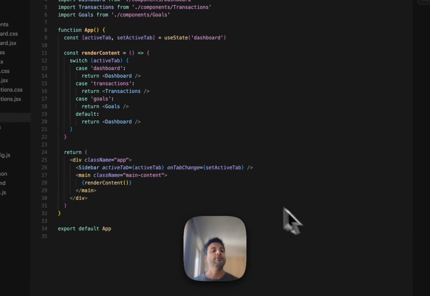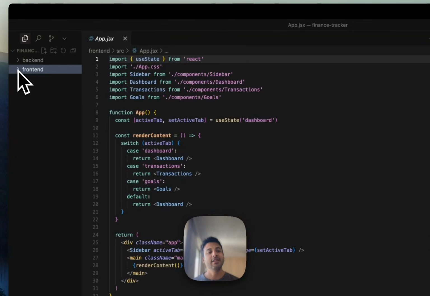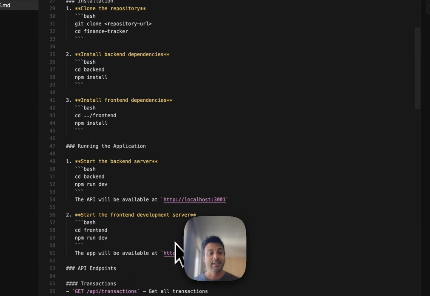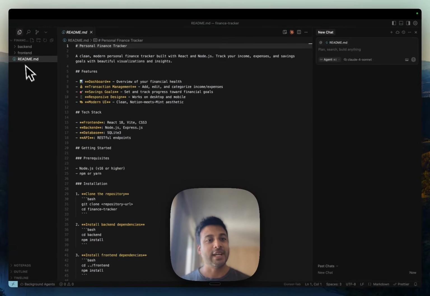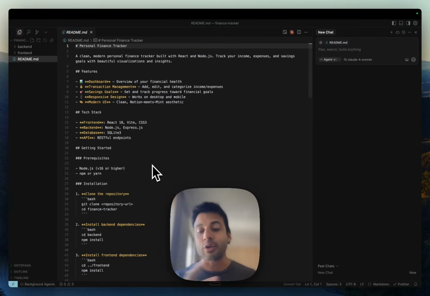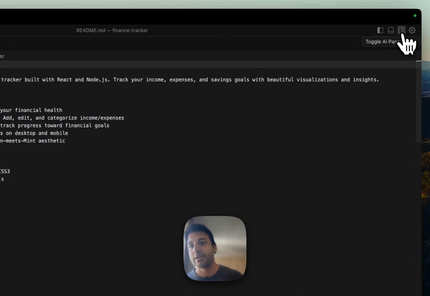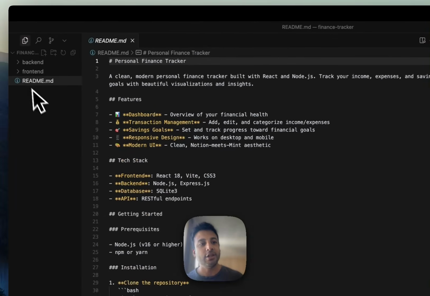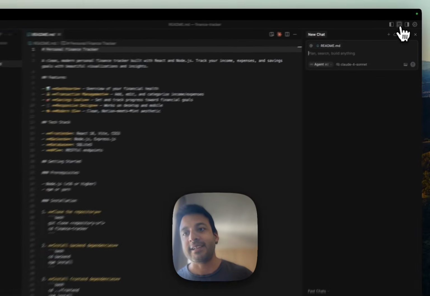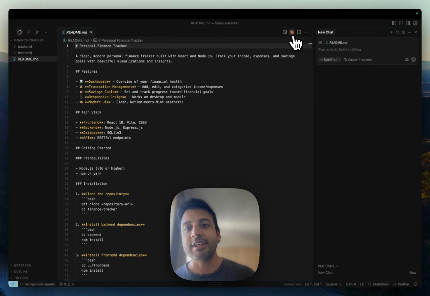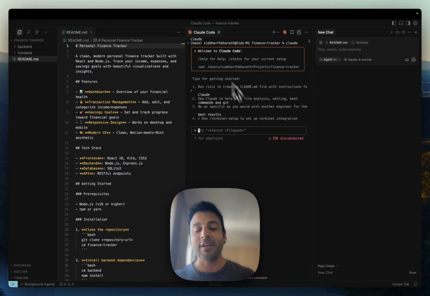So here I am in Cursor and I've opened up the Finance Tracker app. As you can see, it's already built out all of this back end, the front end, source and components. There's a README file now as well that explains everything. And so basically you can use Claude Code in your IDE, and as you can see here, you've got the little icon over here. So this is the normal Cursor chat, right? Chat window here, which I can toggle on and off. And I see all my files in here in Cursor, and I can set up the terminal at the bottom here as well. But if I click Claude Code, this opens a new tab where Claude Code is running now